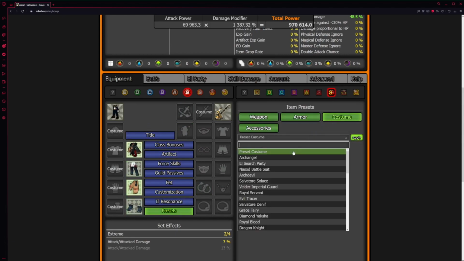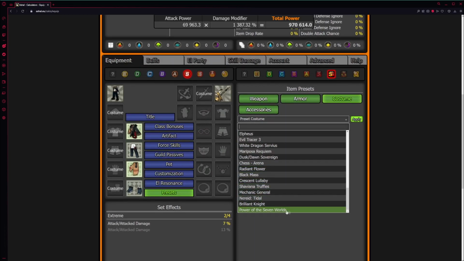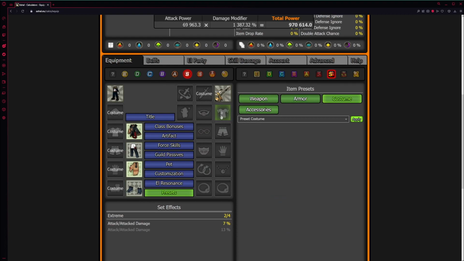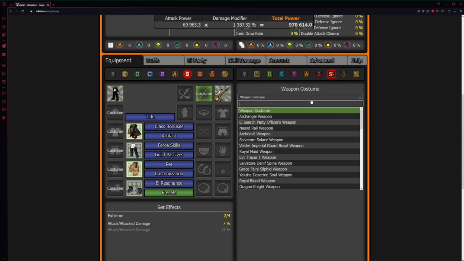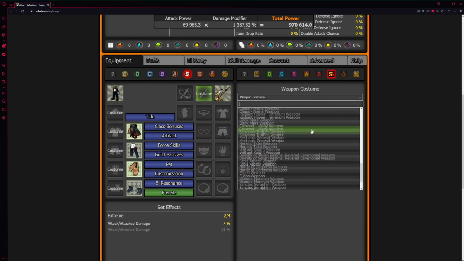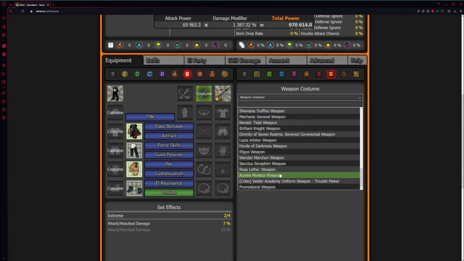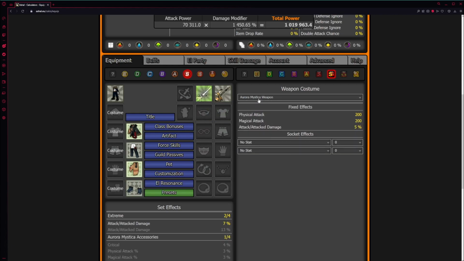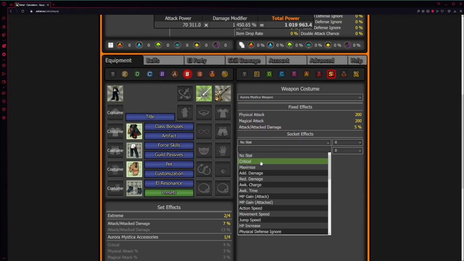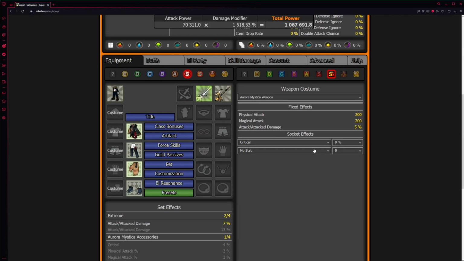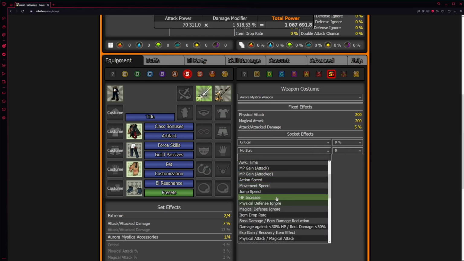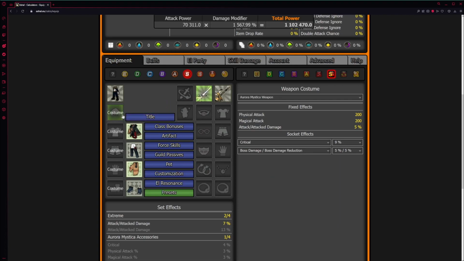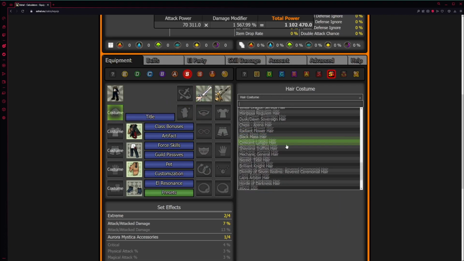We'll go to costumes. I believe Ashal only has up to 7 worlds. So anything beyond 7 worlds you won't have a preset with. So we'll go ahead and fill these in ourselves. I use the new Aurora Mystica or Mustica. Not sure how it's pronounced. But let's go with Mystica because I think it sounds a lot better. I have critical 9% because I don't have a Sage again. And I have another set of boss damages. And then here I again have Aurora Mystica.